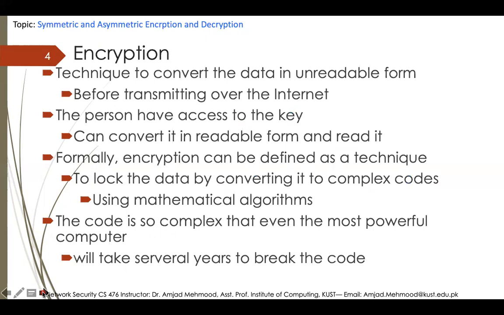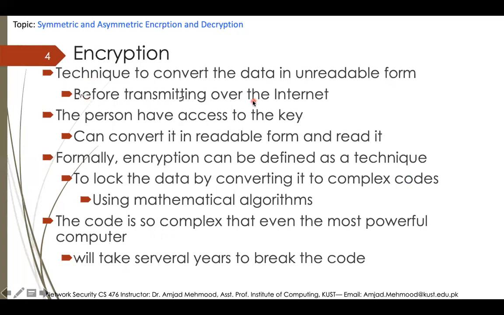In a scenario where, for example, the sender wants to send a message to the receiver over the internet, you cannot send your message directly to the receiver, because if you send the message over the network and some intruder or attacker gets this message, your integrity or confidentiality will be lost. So in the process of encryption, we convert the data into unreadable form before transmitting over the